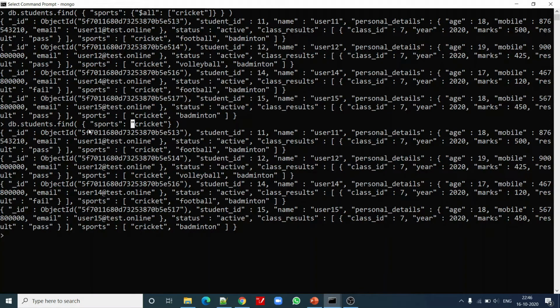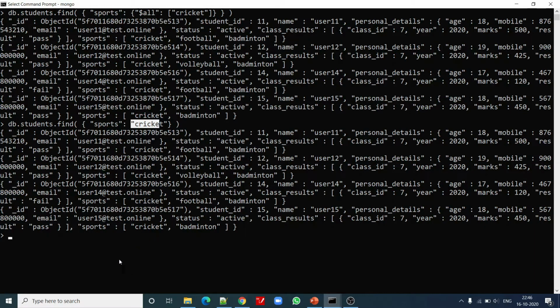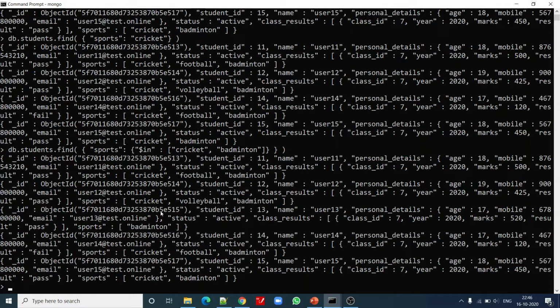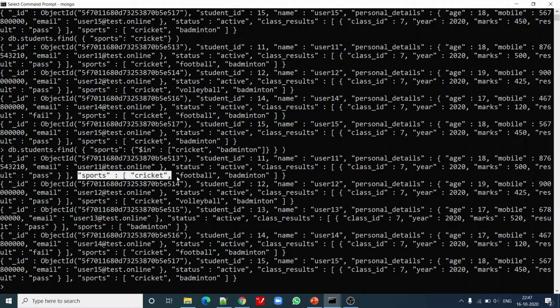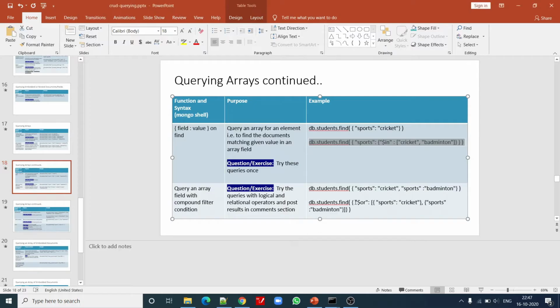So this is how we can query without $all, with one value. Now the same query, let me show you this as well. If you see in cricket, badminton, it has returned the students who have participated in cricket, badminton, or only badminton, or a combination of both of these, right?